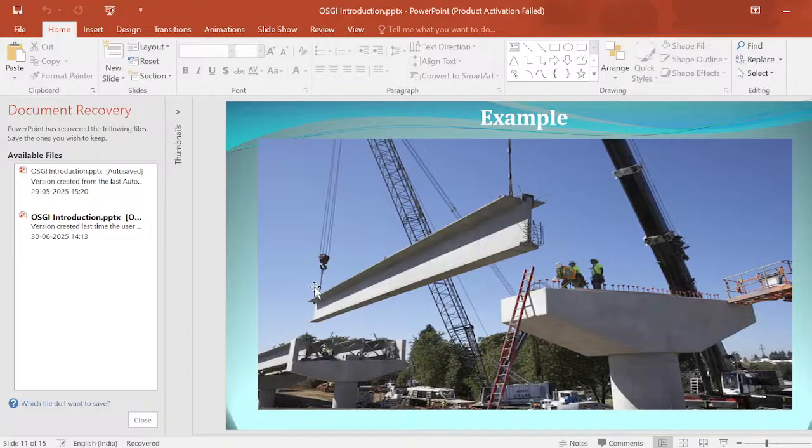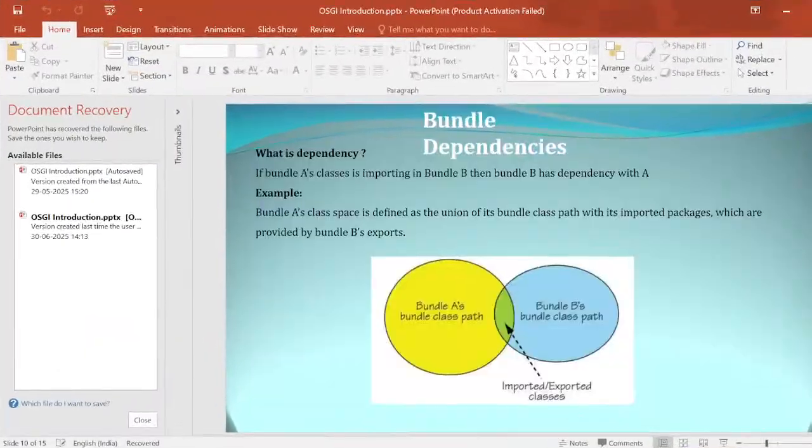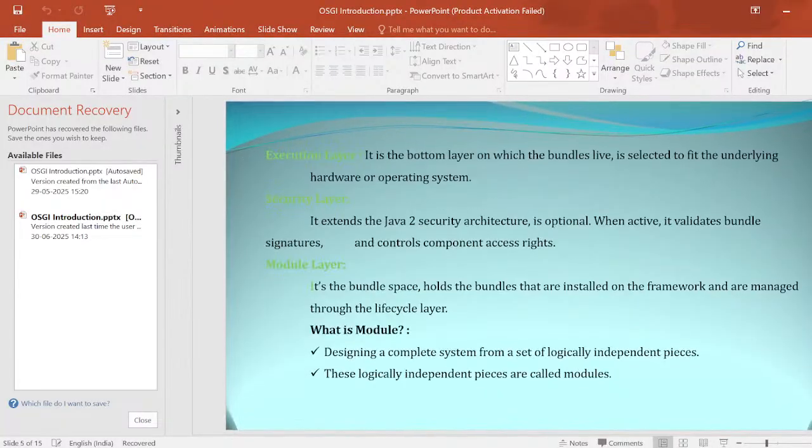The front end team works on the front end module only, and the back end team works on the back end module only. So the entire project can be divided into multiple modules, and you can do parallel development and parallel deployment as well. Okay, fine. Now, in this OSGi,